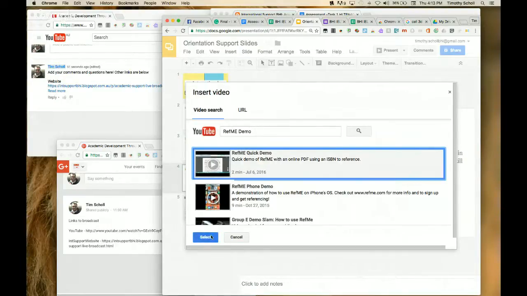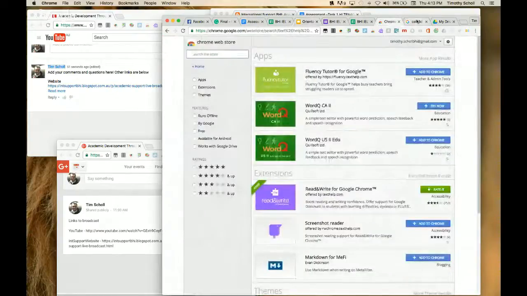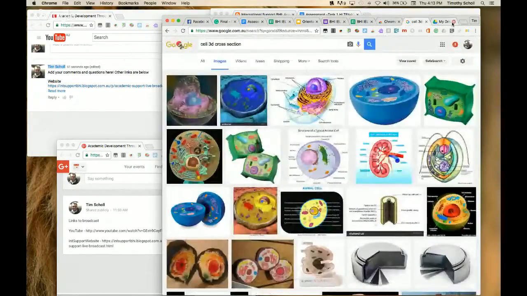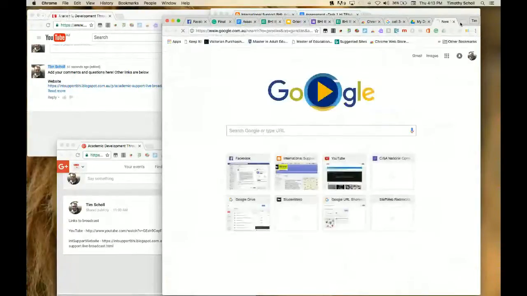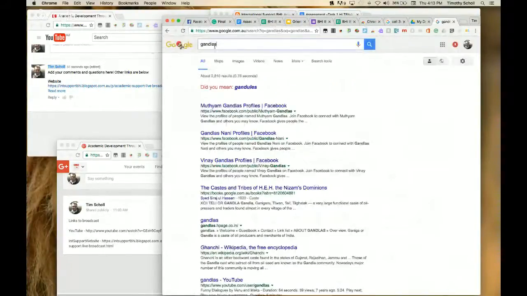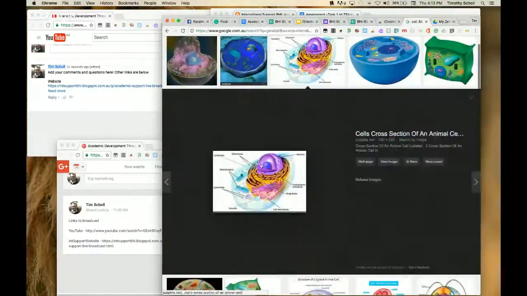So really powerful tool. You can easily, while you're working, I know you can do this on PowerPoint too, but if you're just online working and you needed a picture, I think the one I had up was, oh, there it is, a 3D version of a cell. So you can pick up a picture,